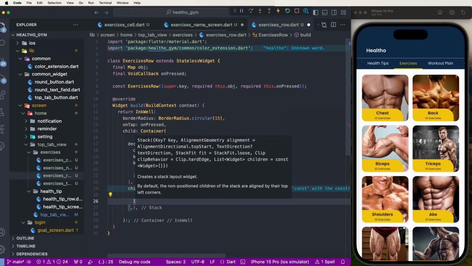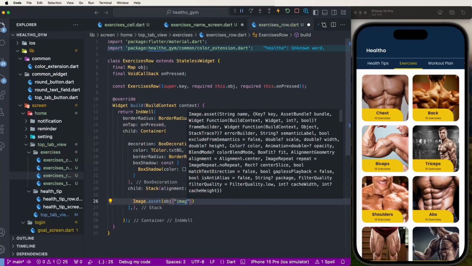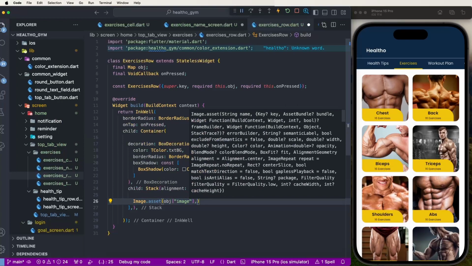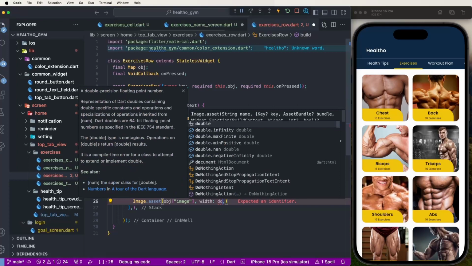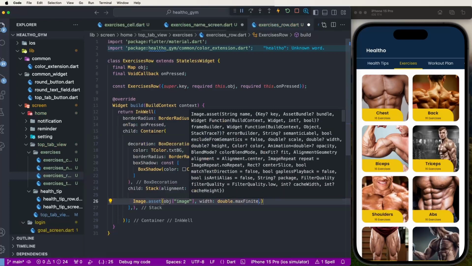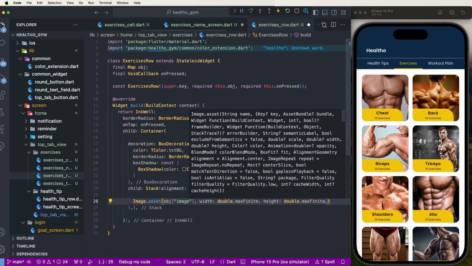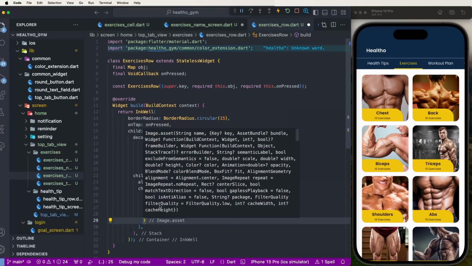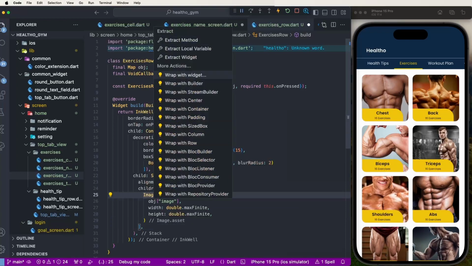First of all, we need to set the Image.asset, give it the object, and pass the image, and now set the width as double.maxFinite, and height also double.maxFinite. Now we need to set the widget dot